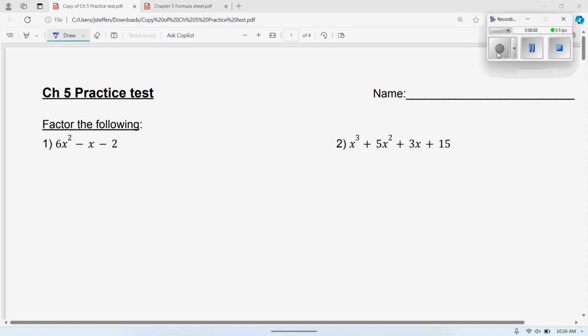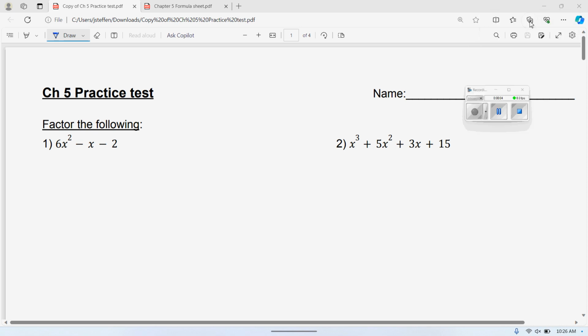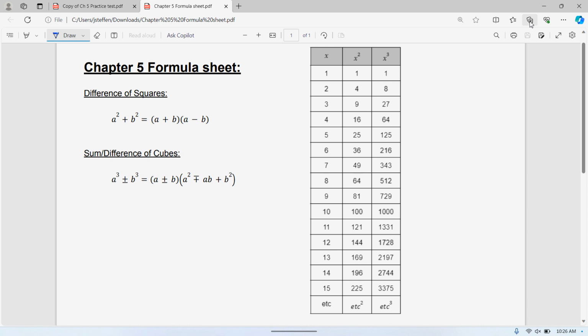All right, this is the Chapter 5 practice test. Before I start this, just real quick, what your formula sheet will look like. I'm honestly not sure if I'll put this on a formula sheet or if I'll be able to fit this on your test somewhere. But either way, whatever it looks like, this is what you'll get. You'll have the sum of differences of cubes, the formulas for those, and then you'll get this table over here